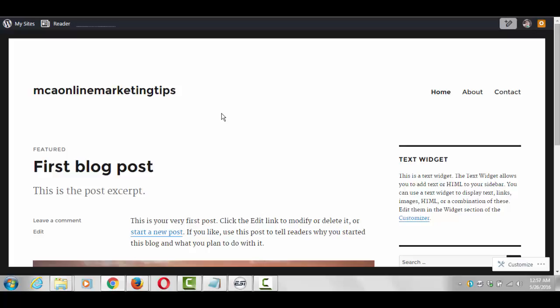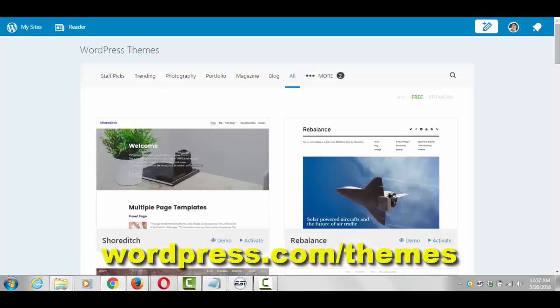So the first thing I do after the blog is set up, I will either change the theme to the one that I want, or I'll start customizing the theme. So the way that I will change my theme, and there's a few ways that you can do this, but the way that I like doing it is, and you won't be able to see the link here, so I'll put it down at the bottom of the video. But go to